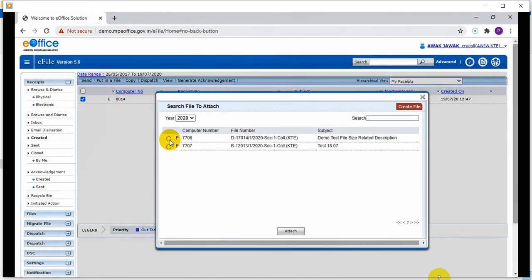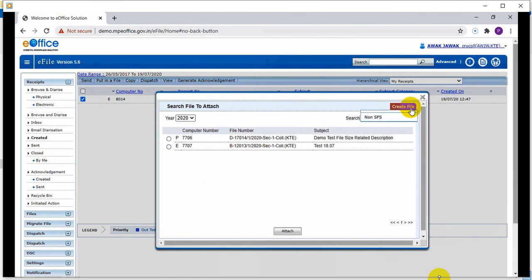Currently two files are at my level, one is electronic and one is physical. E is for electronic and P for physical. If our receipt is related to any of these files, then I can directly select the file here. But for showing you, I am selecting it and will select from here, and when we browse diaries of 2.pdf, then it will be clear to you.